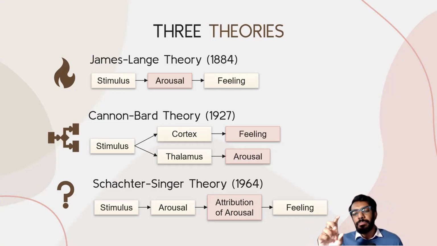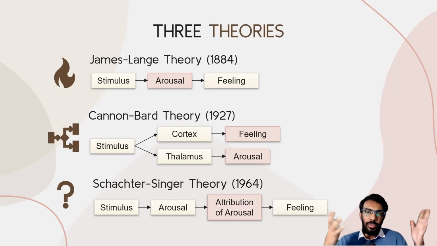But they said that there is a middle step which they termed attribution of arousal. Now this is a cognitive process by which we examine the environment, across time, or examine both the internal and external environment. Our perceptual systems also have a role to play, in the sense that now that I have this arousal in my body, what are the circumstances around me? Is there a lion in front of me because of which I'm feeling aroused? Is there a person of the opposite sex I'm feeling sexually attracted to, hence I'm feeling aroused? Is there something around me for which I should feel angry? Is that why I'm feeling aroused? So based on this attribution of this arousal, we generate a feeling.